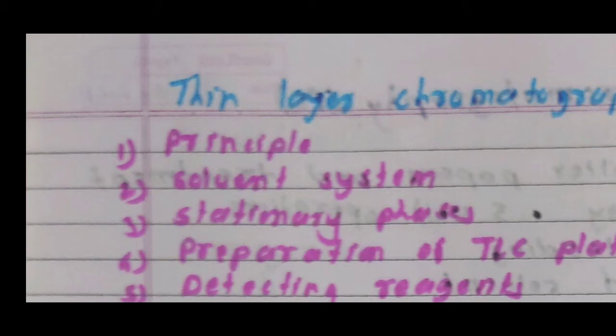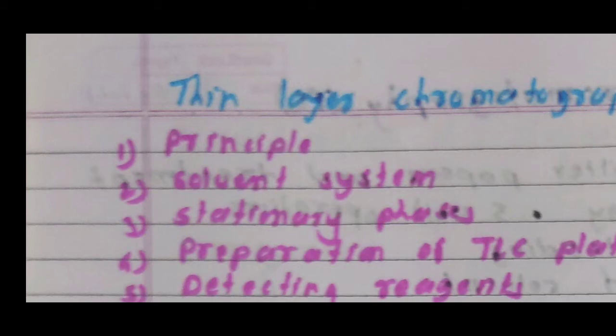Adsorption tends to attain equilibrium by balancing adsorbed and desorbed molecules. But as fresh solvent moves in, it carries forward the free desorbed molecules. On moving forward, adsorption and desorption repeat at each succeeding particle, so equilibrium is never attained. The differences in affinity of the solutes for the adsorbent make them move at different speeds. The net result is separation of solutes, forming discrete bands or zones on the plate.